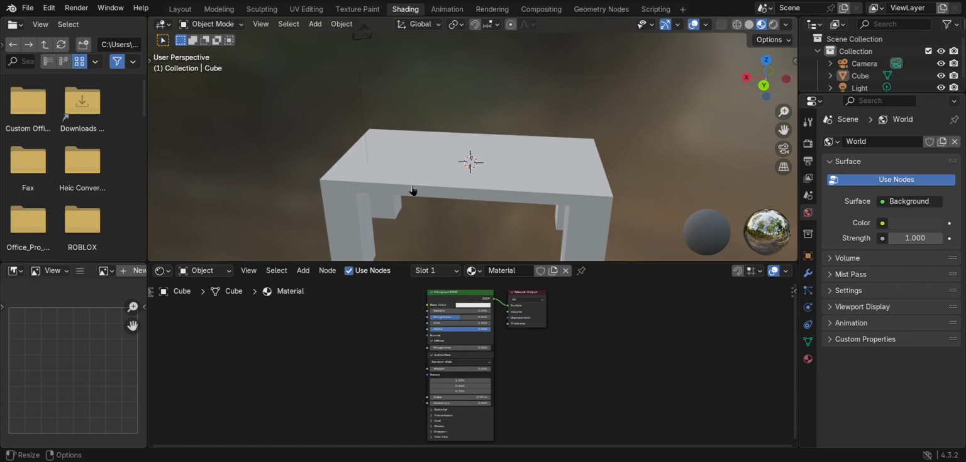So first, choose the wood texture you want, right click on it, save image as, then go to the... before that, actually go to your files, create a folder named,